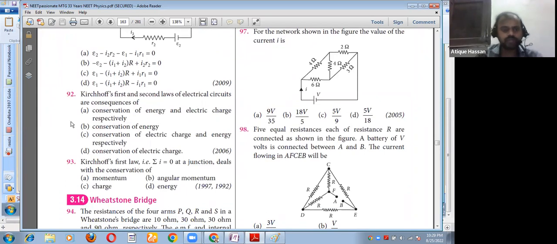All of you quickly do question number 92 and 93. Very easy statement based question. So all of you do question number 92 and 93 very quickly. What does it say? See question number 92. What does it say,